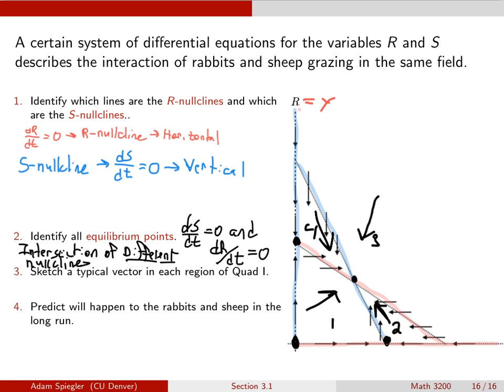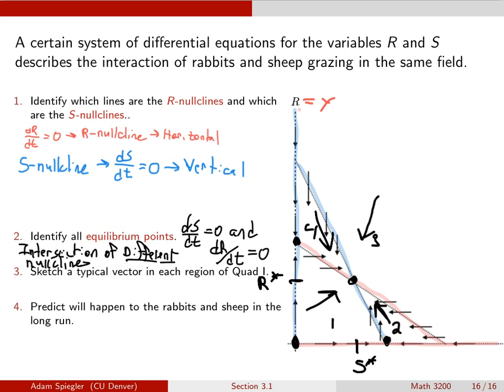And so what we see is that no matter where we start with some positive number of sheep and some positive number of rabbits, all of these solutions in quadrant 1 seem to be heading right into this equilibrium over here. So if I call this value S star, and this value over here R star, and here's the equilibrium, what we can see is that we're not getting this cyclic behavior that we saw in a predator-prey model, but in this competitive model where the rabbits and the sheep are competing for the same limited food supply,